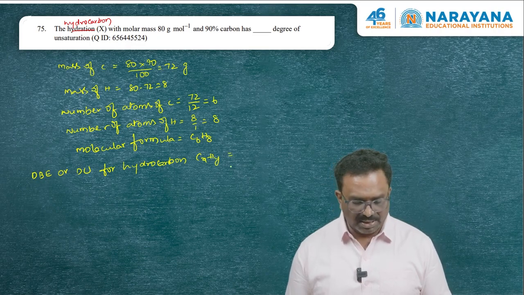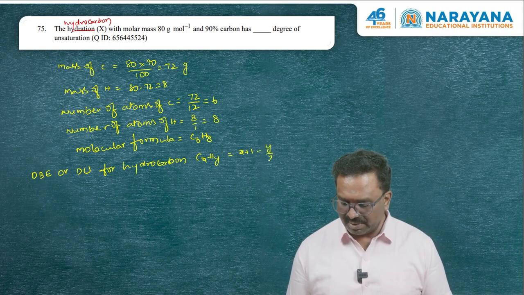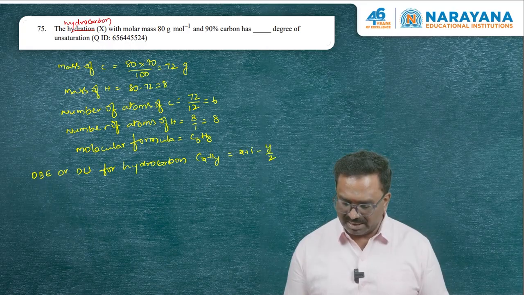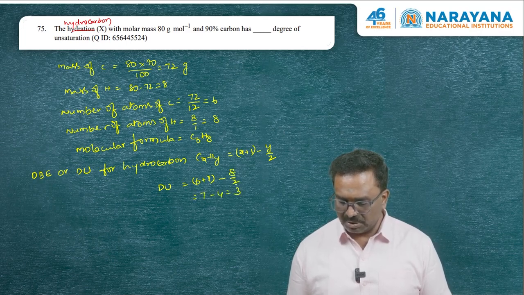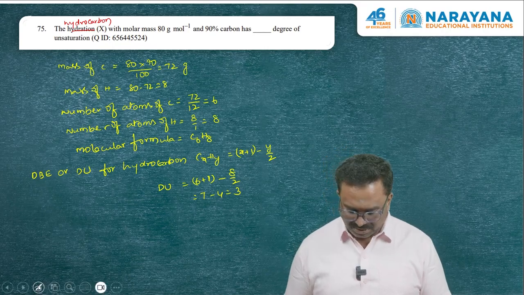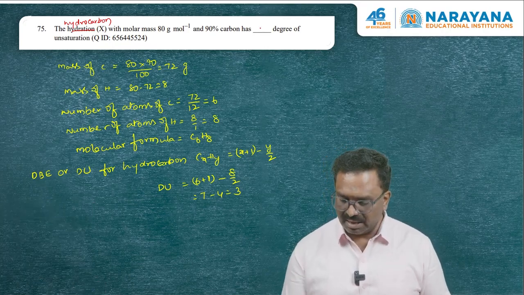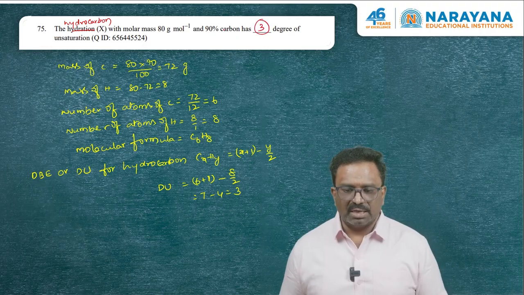Now for this one you can write it as x plus 1 minus y by 2 is the degree of unsaturation. So what is the degree of unsaturation for this one? 6 plus 1 minus 8 by 2. So 3 is the degree of unsaturation for this given compound. Answer here is